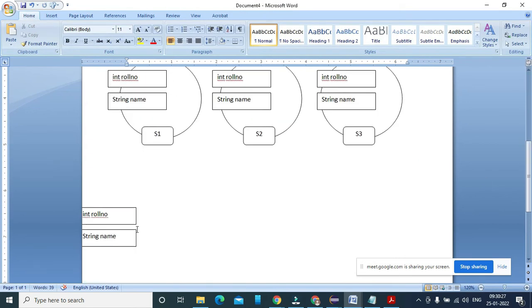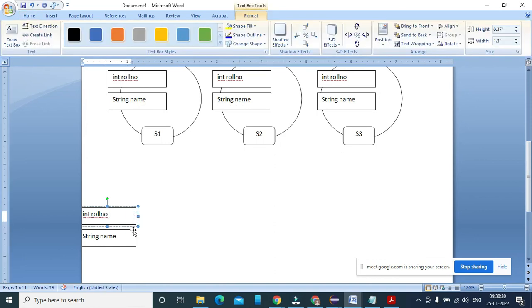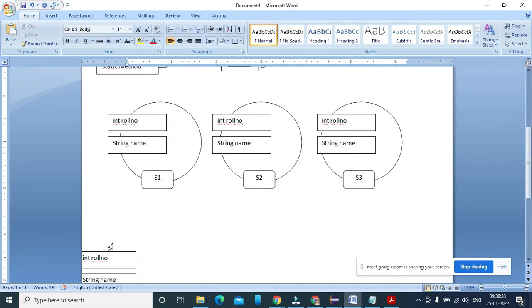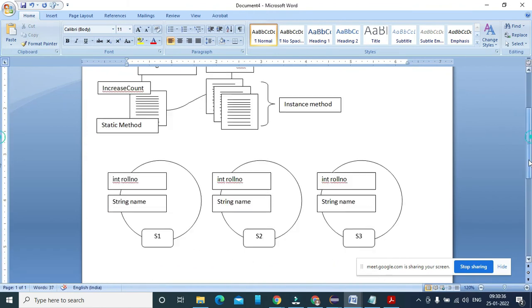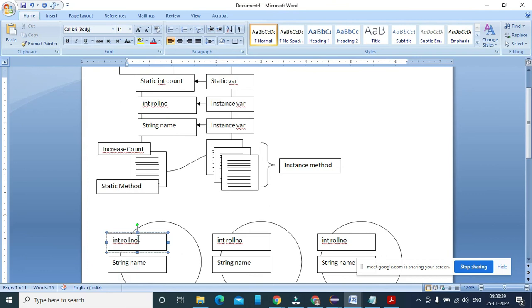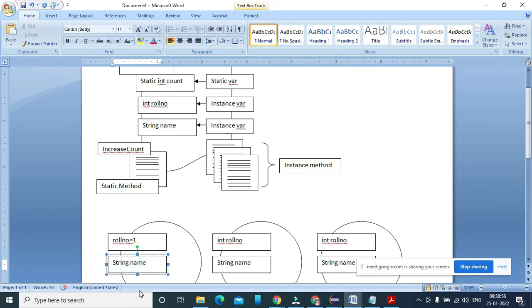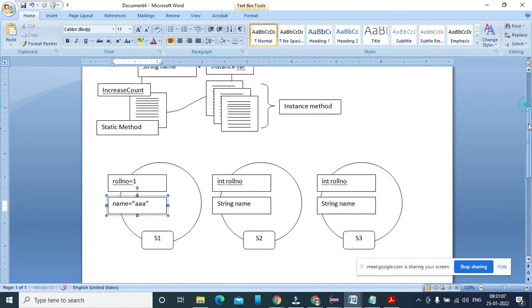So when you are talking about S1, S1 can initialize the value of its variables. S1 के अंदर एक कॉपी बन जाएगा रोल नंबर के लिए और नेम के लिए. So people will assign some value here. So I'm saying roll number equal to 1, and name equal to A. And the same thing we are going to show here.